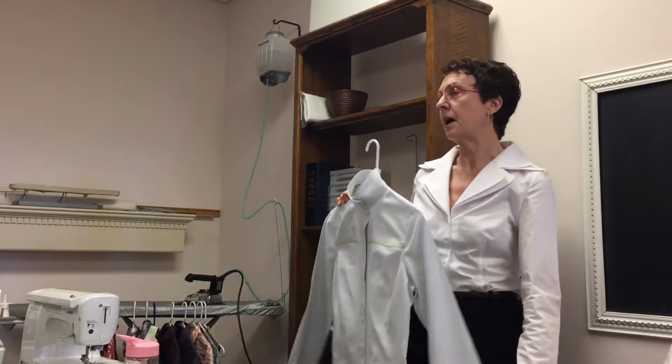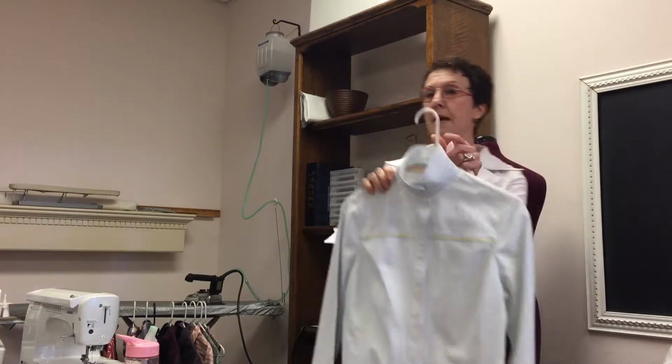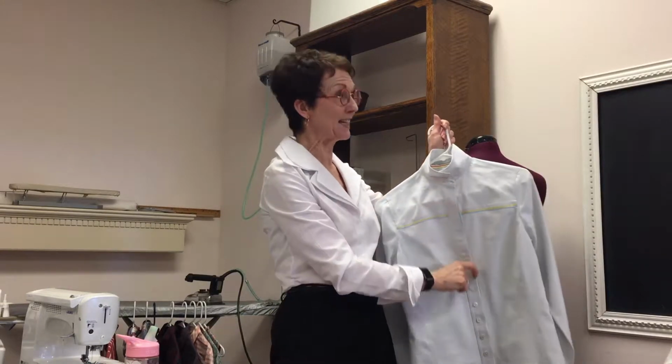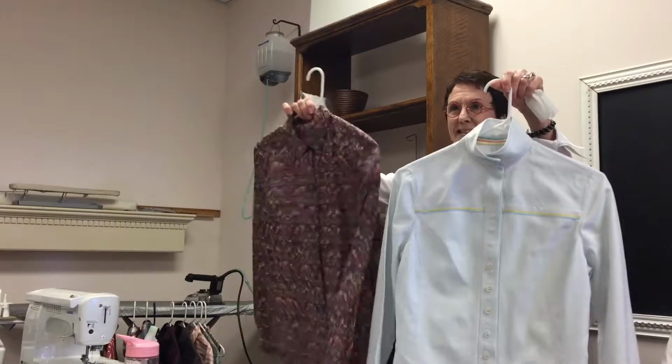Okay. And this shirt has been worn a lot, washed a lot, ironed a lot. And so it has really held up. I didn't know whether these things would start to sag over time, but it's held up really well. But if you choose to do this, you must use a sew-on placket and put the placket on the grain, because then you would end up with this, which we'll talk about plackets in a minute. But you can sort of see the size difference